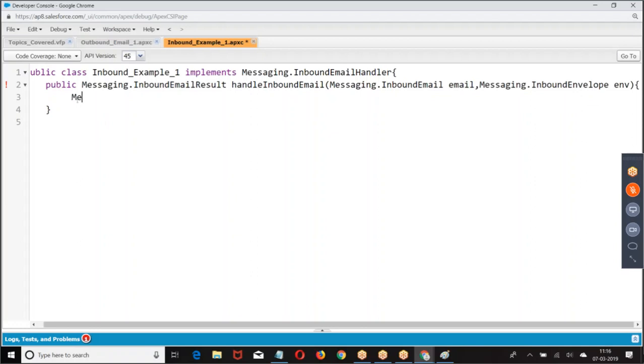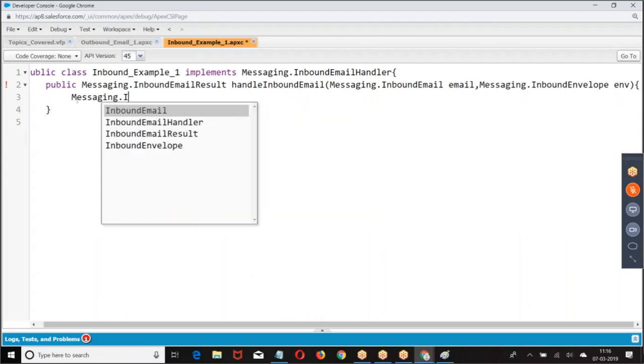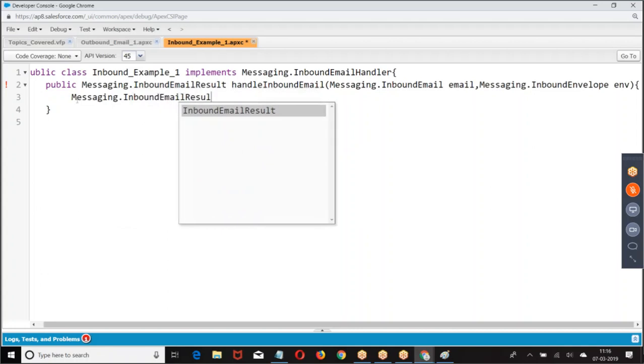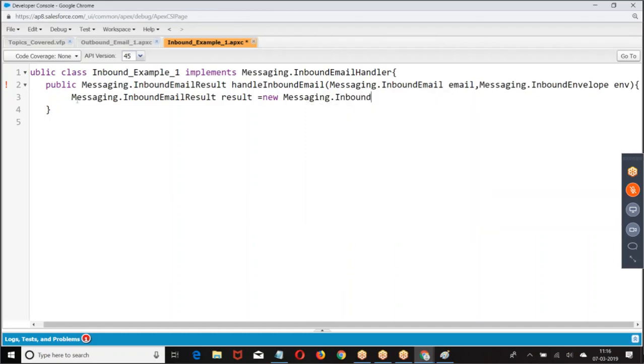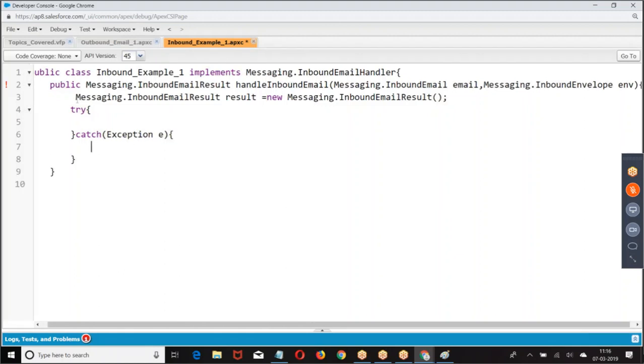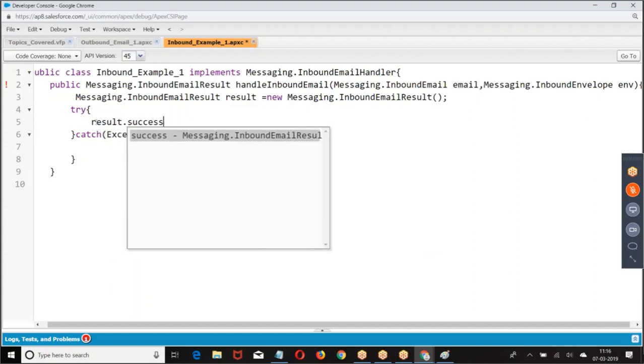Now, first I am creating a Messaging.InboundEmailResult. Then try catch. Now if it's a try, I told result.success equal to true.